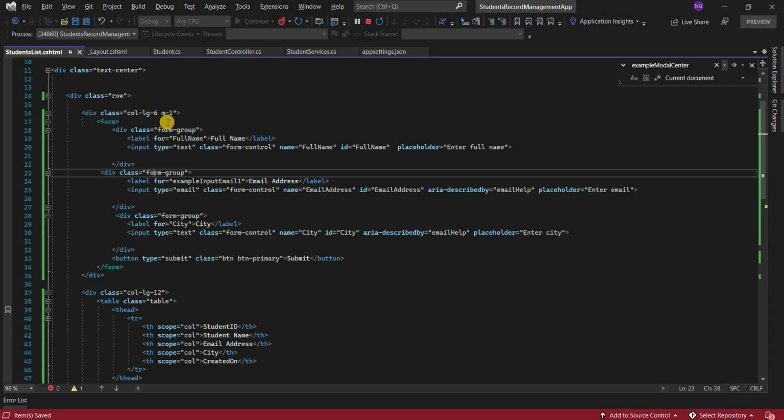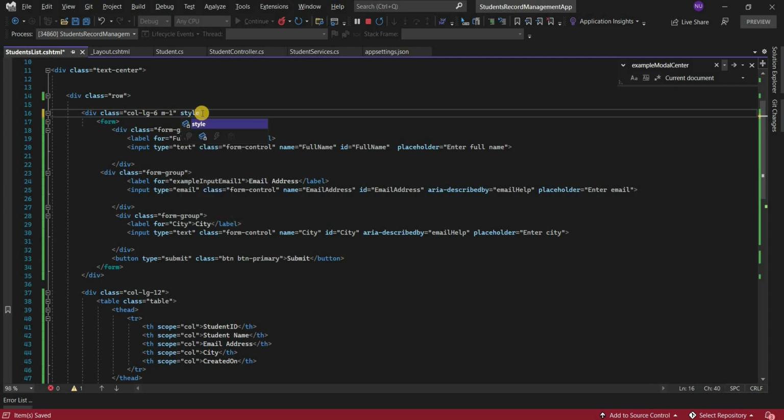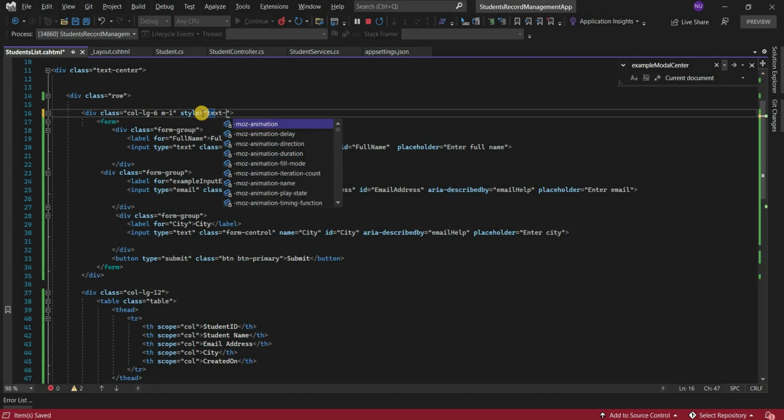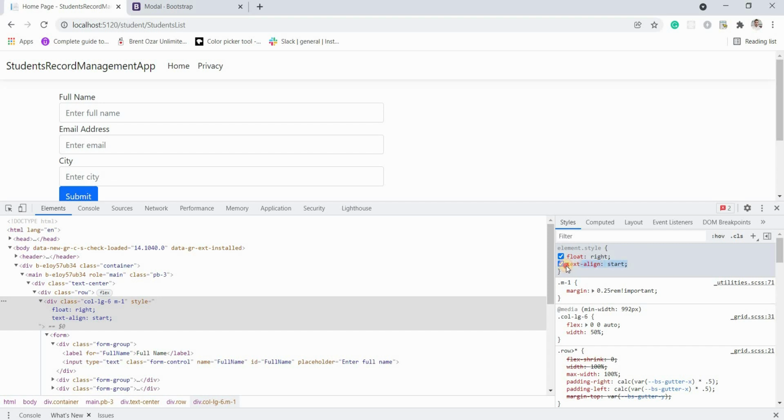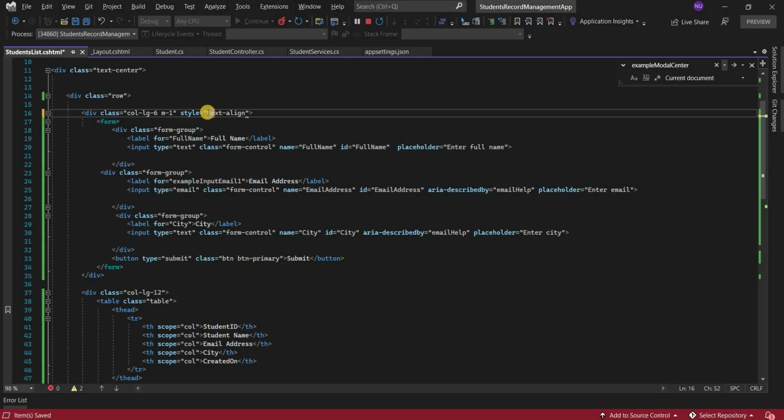I am adding to the column LG6. Just add an inline CSS style, text align. Why is the intelligence not coming? What have I added here? Text align center. I am confused. There's no intelligence sometimes, and sometimes the intelligence from the VS Code. Visual Studio Code is great. Text align start. Okay, let's see